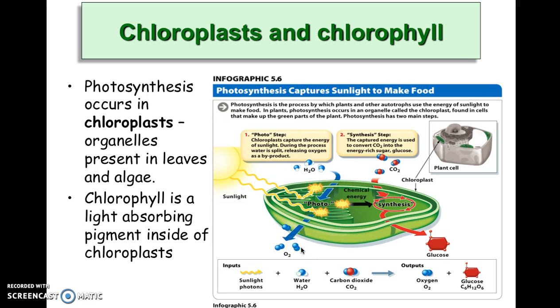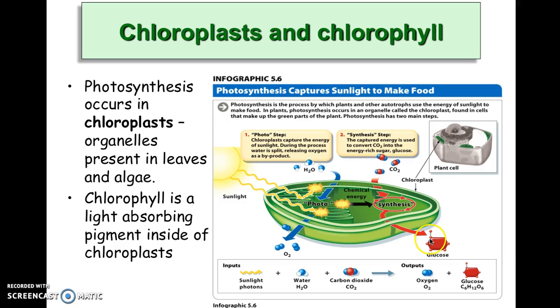It's released back into the atmosphere or back into the water. The synthesis step to the right here takes place in the fluid-filled stroma inside the chloroplast. Carbon dioxide gas is absorbed, and technically the term is it is reduced or fixed. Hydrogens are added to it: carbons, hydrogens, oxygens. The energy made during the photo steps, the ATP energy, is used here to attach chemicals together to make the bonds